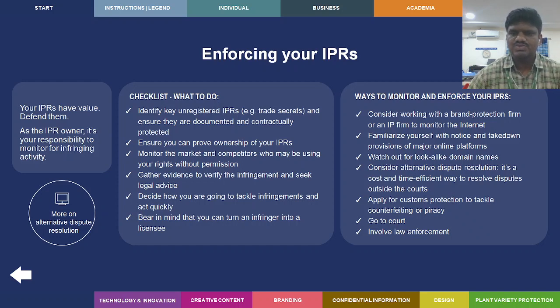Consider alternative dispute resolution. It's a cost and time efficient way to resolve disputes outside the courts. Apply for customs protection to tackle counterfeiting or piracy. Go to court, involve law enforcement. So this way you have to enforce your IPRs, right? So that is about